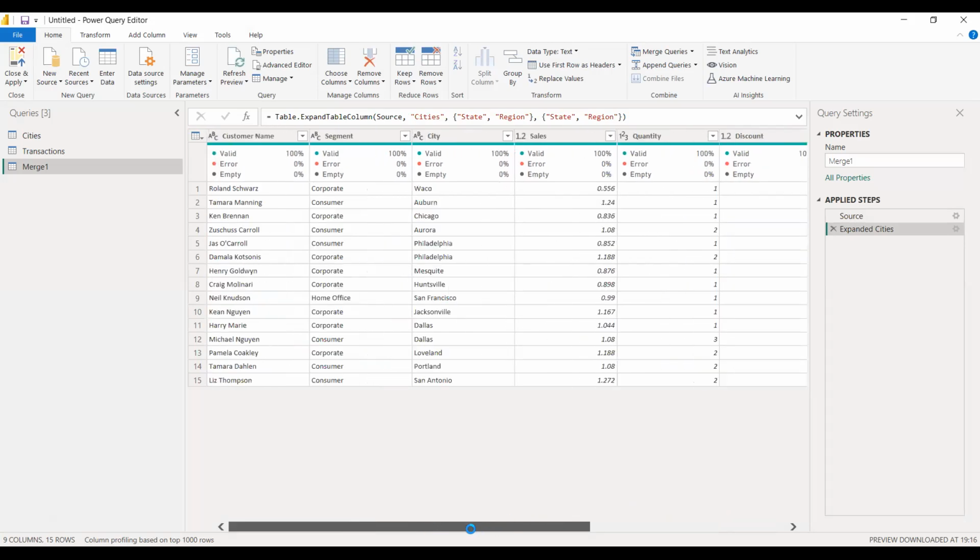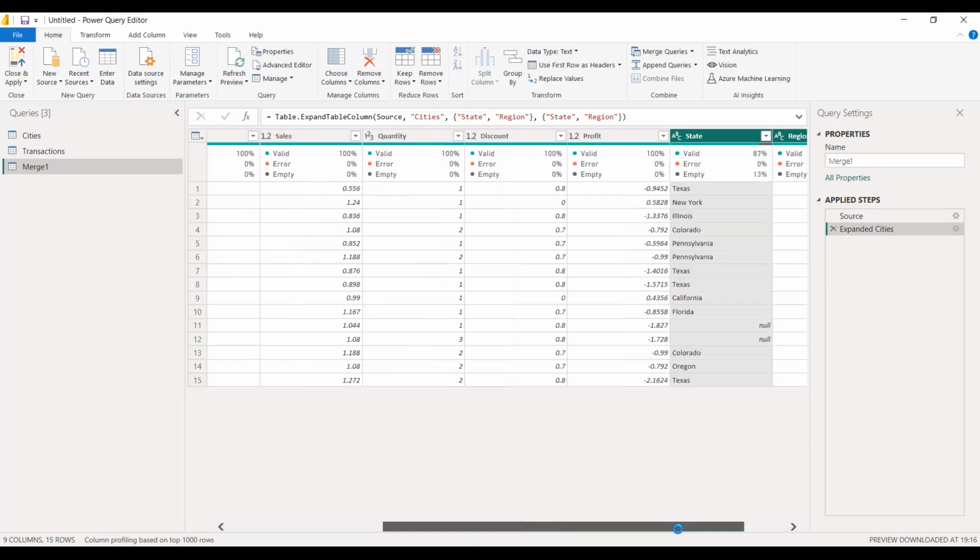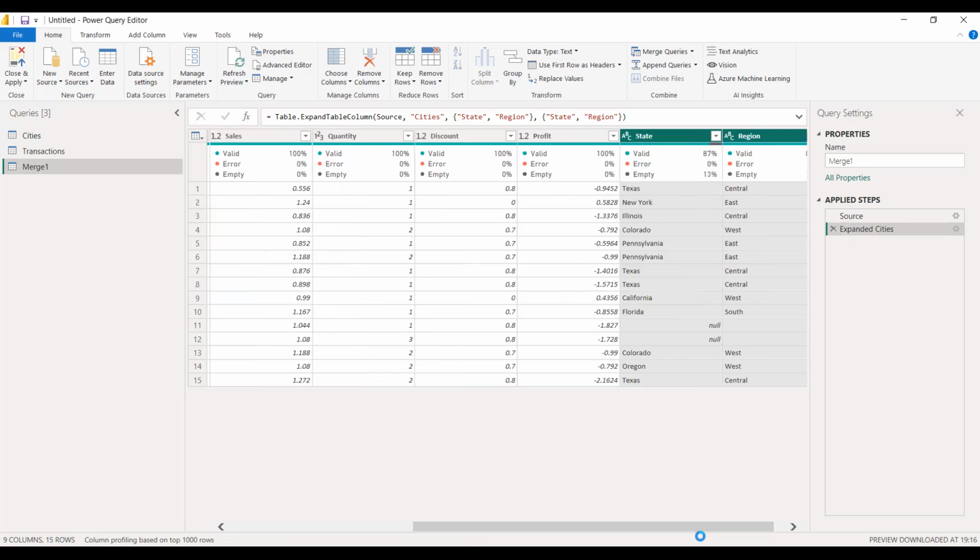Don't forget, it says we are bringing everything from the left, from the first table, which is on our left, and only the matching columns from the right. If we look at the result here, we can see some null values. And these state and region columns are from the city table. In this scenario, this is the table on our left, and this is the table